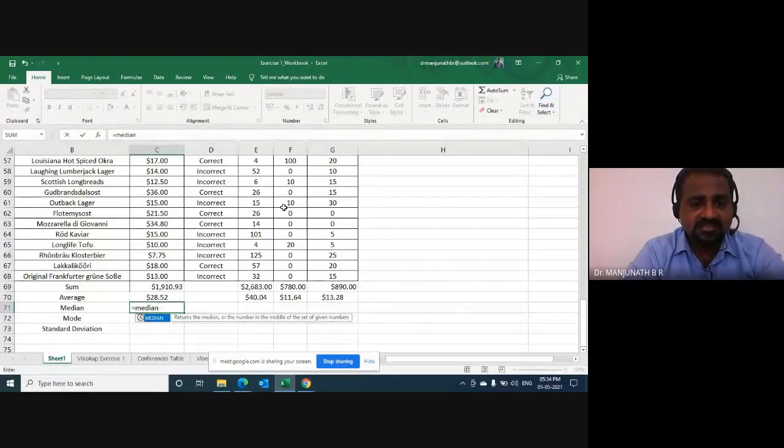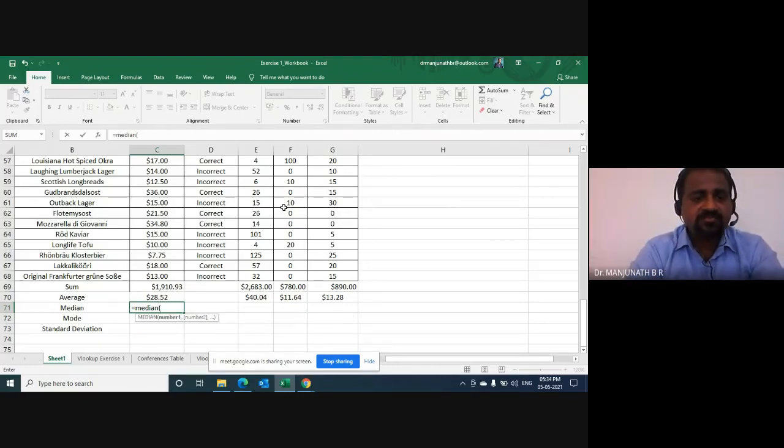We all know statistics. I make an assumption here that you know the median concept. Median is nothing but the mid value within the data range.